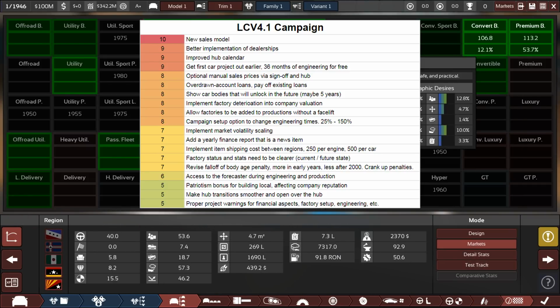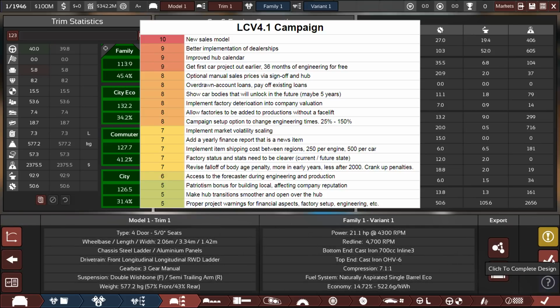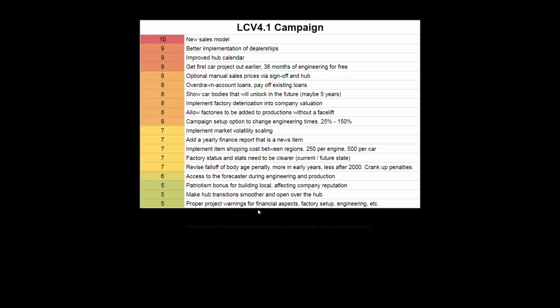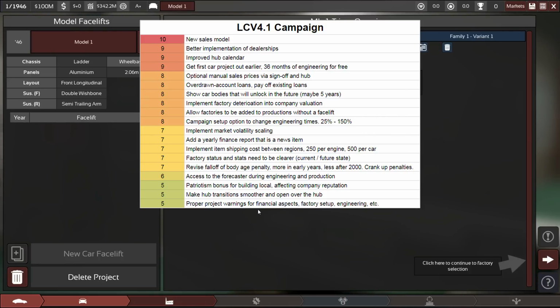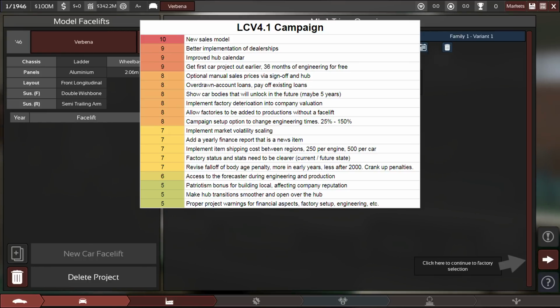and so on. Another big thing that we want to add, which will really streamline the campaign flow, is that you can add factories to an existing production without doing a facelift of that production. I think that is a big change. That should really change things around. So you can just go ahead and sign off your factories you already have with